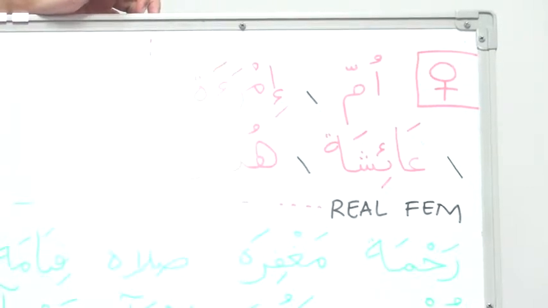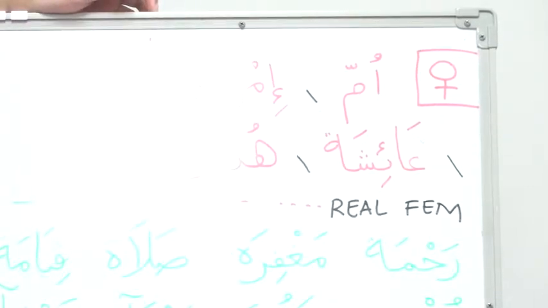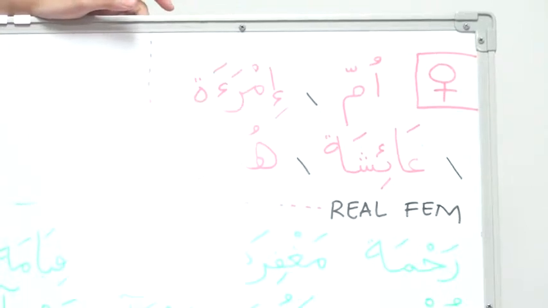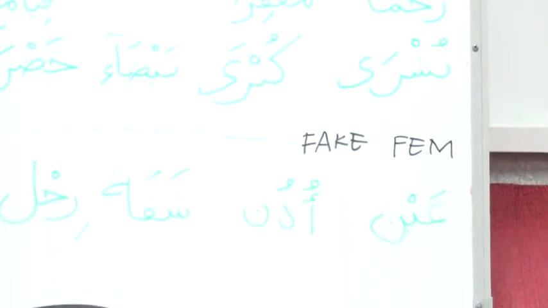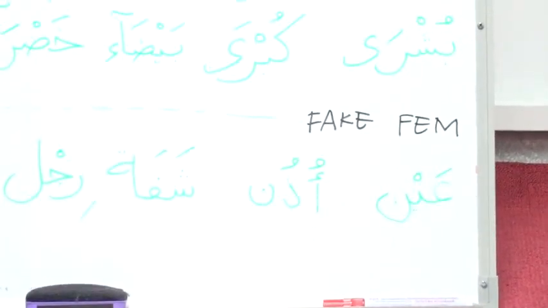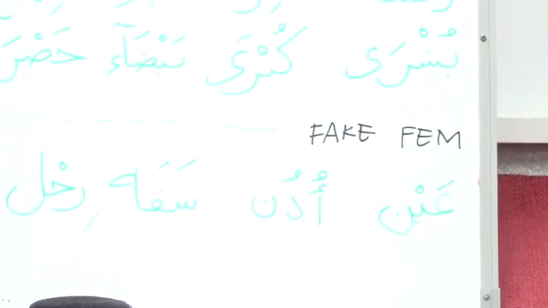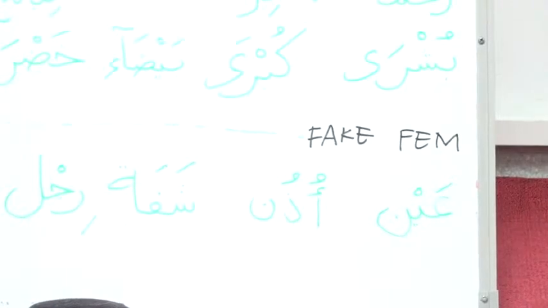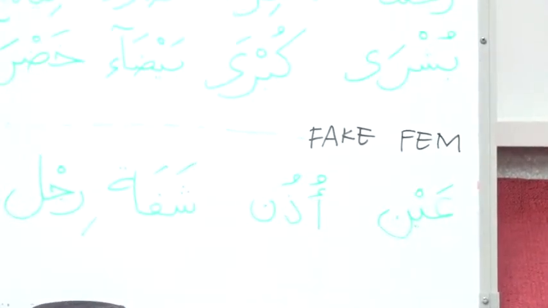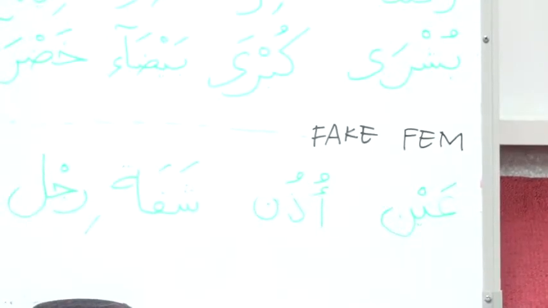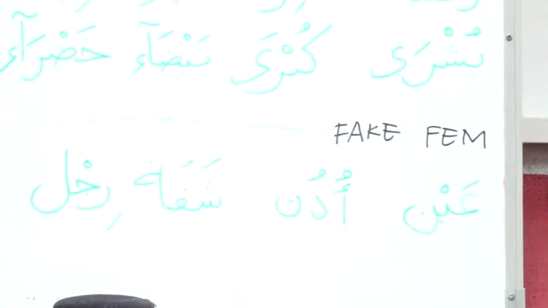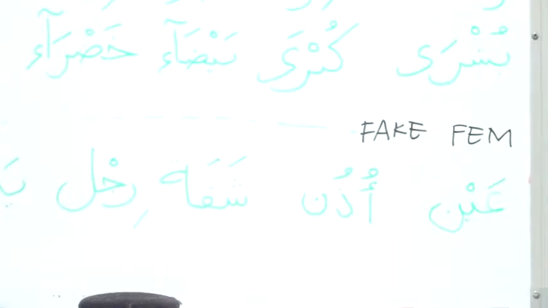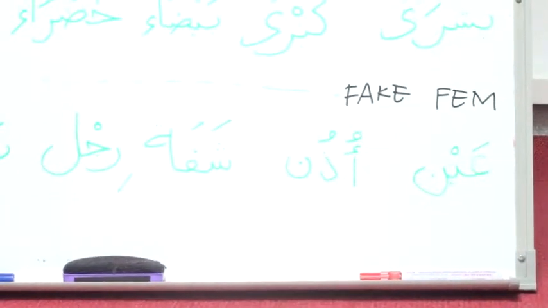And there are several words in Arabic that are fake feminine. And there are three things, the rules or clues, to tell that some noun, some ism, is fake feminine. The first clue: when we find some word or some noun that ends with ta marbuta,